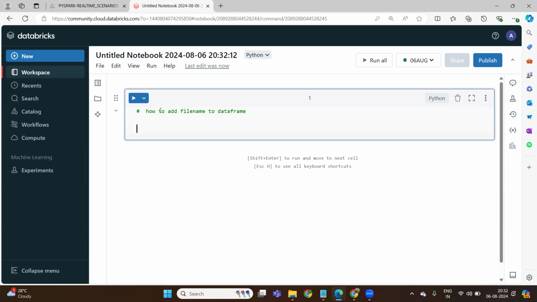So how to add a file name to the data frame? This is also one of the real-time scenarios. They will ask this in interviews. from pyspark.sql.functions import